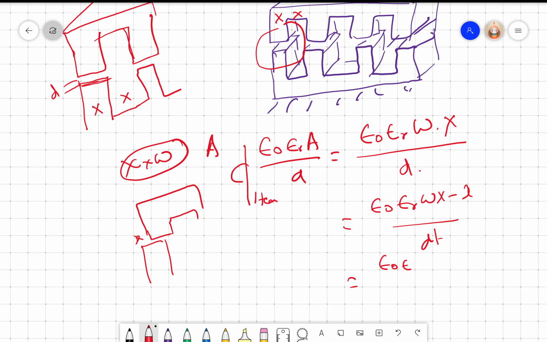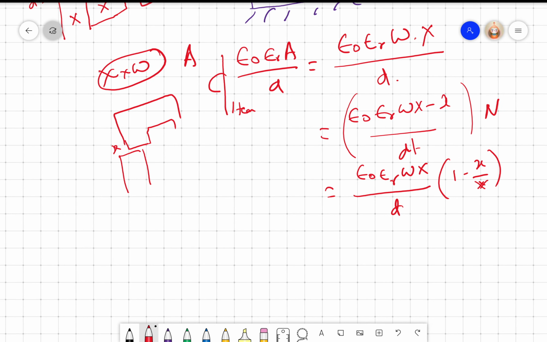This is for 1. So for n, I will have n teeth, epsilon naught epsilon r w x by d into 1 minus small x by x, right? So this I can put as c naught into 1 minus x by x. So this value is c naught, and I am multiplying by n teeth, right? So I see that the capacitance is